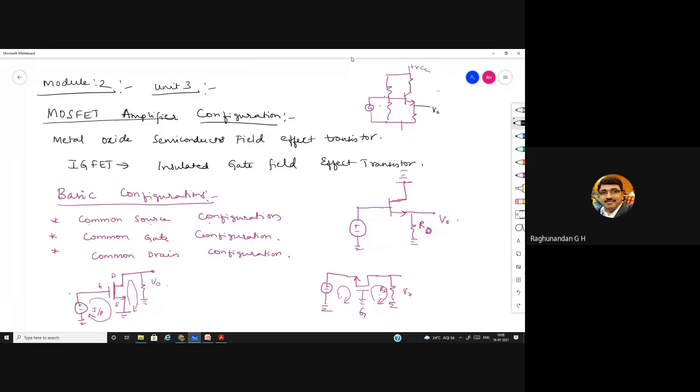Okay. So always we take the output across the collector or drain when we consider FETs. Because if you take it across the source or across the emitter, then the voltage gain will be unity. We call such types of circuits voltage follower circuits, emitter follower circuits, or source follower circuits. So even though it is having high input impedance and low output impedance, it is just going to be used as a buffer.